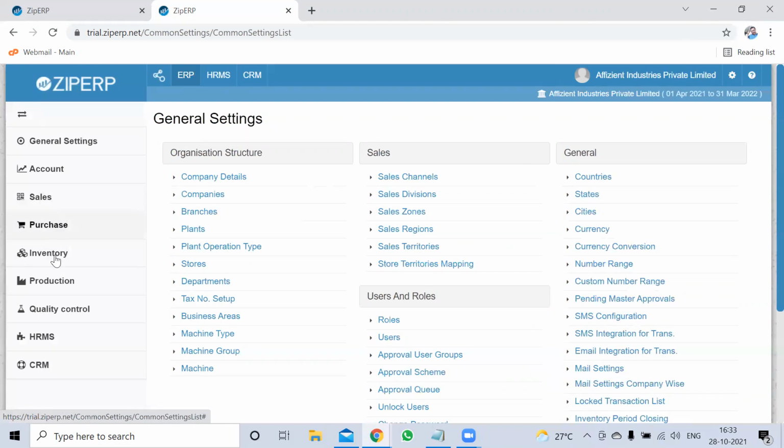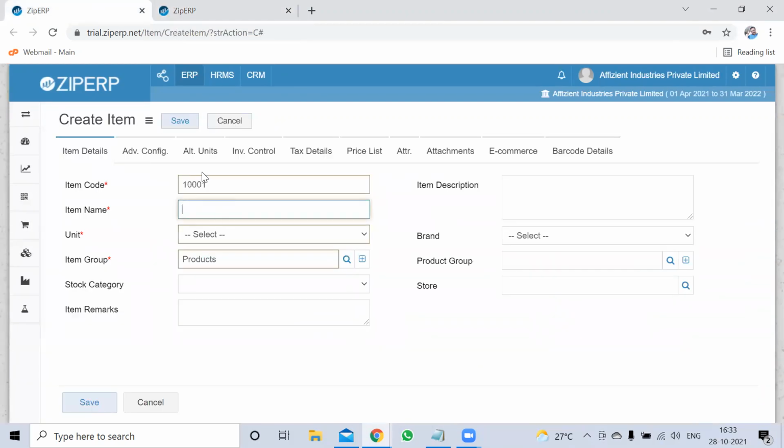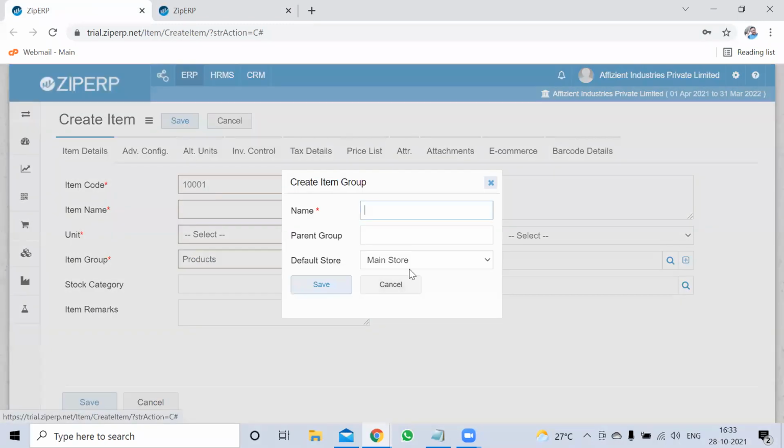So go to the settings first. You need to create the plate, you are right. Go to settings. What is the first level, sir? What is your first category? Is it raw material or plates? Raw material. So we will first create the raw material and put it here as a primary group.